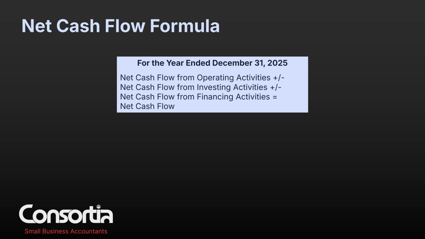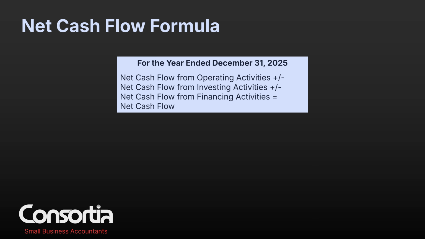And then we would plus it or minus it against net cash flow from investing activities. Again, the inflows from investing activities compared to the outflows is either a net increase or a net decrease. And net cash flow from financing activity